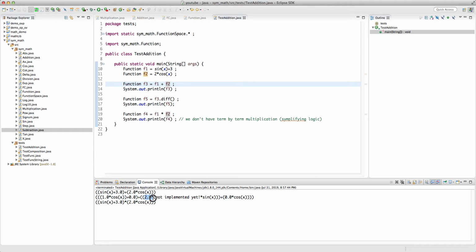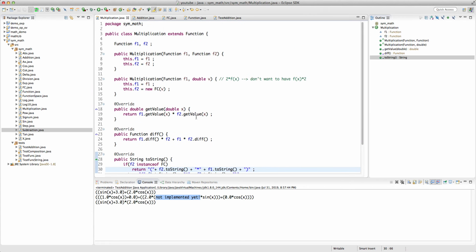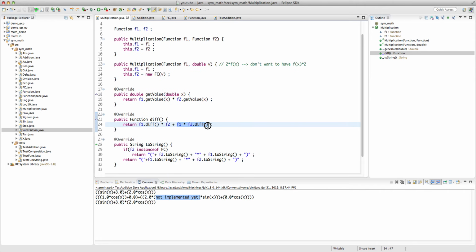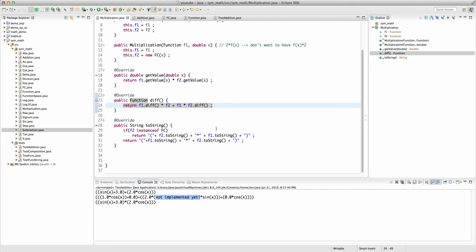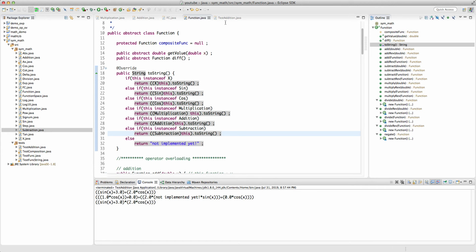plus 2 times sine. But there is something here that says not implemented. Because in the multiplication we took care of the diff f1 f2 plus f1 diff f2, and so what is this here that it says it's not implemented? And what it is that